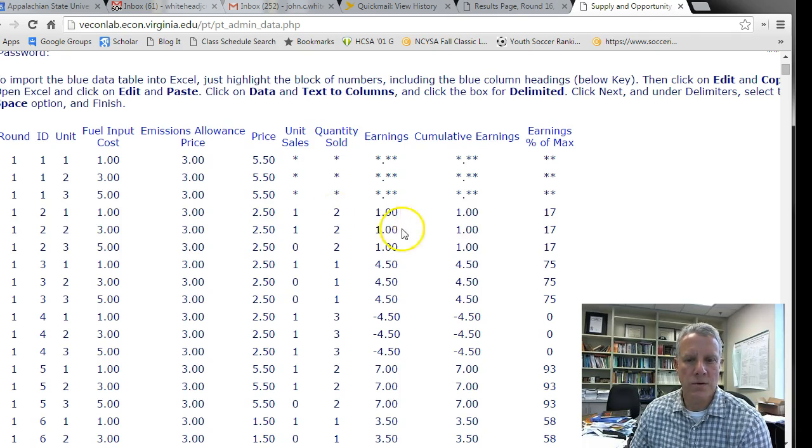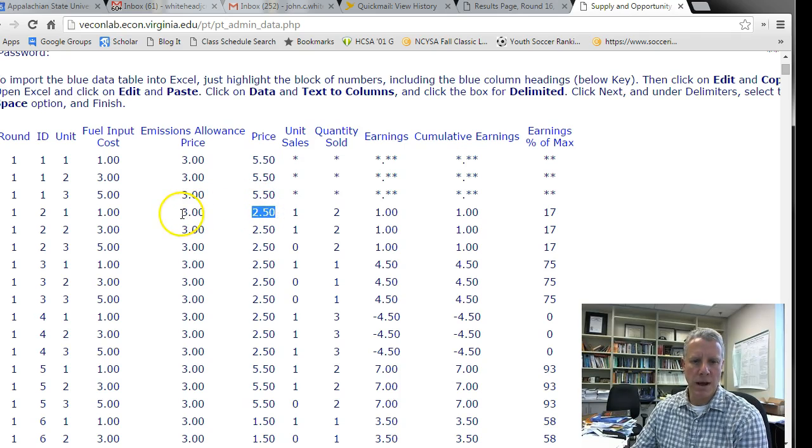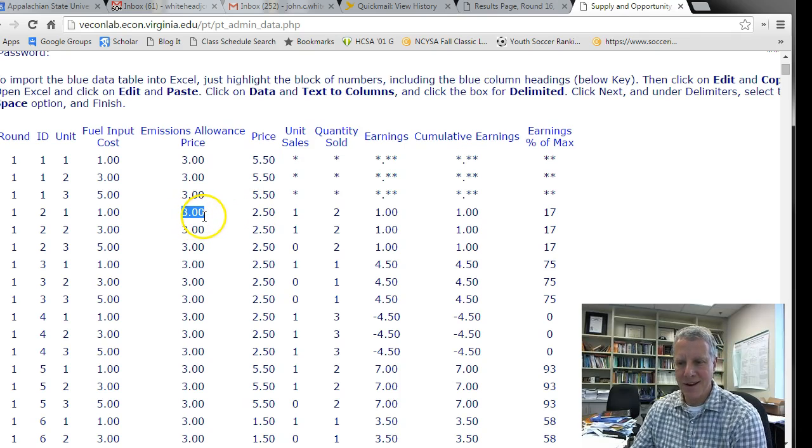And so total earnings were 1, cumulative earnings 1, and earnings as a percent of the maximum that you could have made was only 17%. And that's because this price, 2.50, was below the allowance price, and at a price of 2.50 you should just produce nothing and sell your